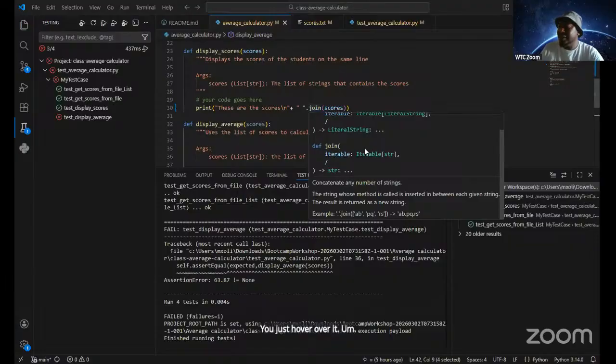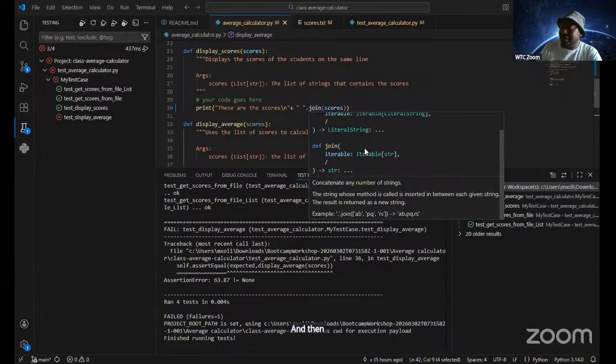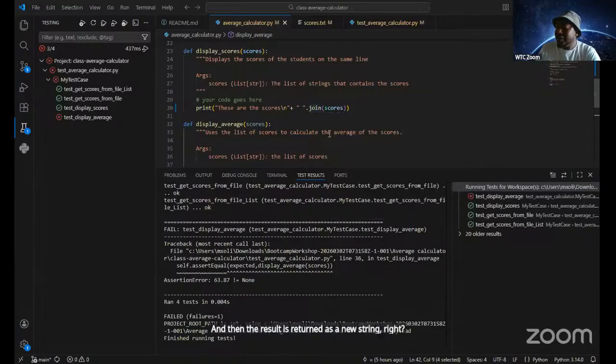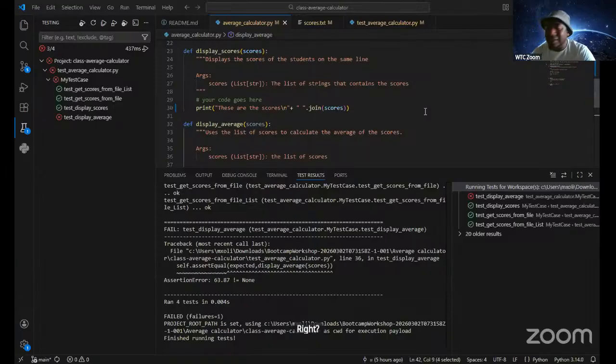Essentially, join will concatenate any number of strings, right? The string whose method is called is inserted in between each given string, and the result is returned as a new string. Join is a string method.